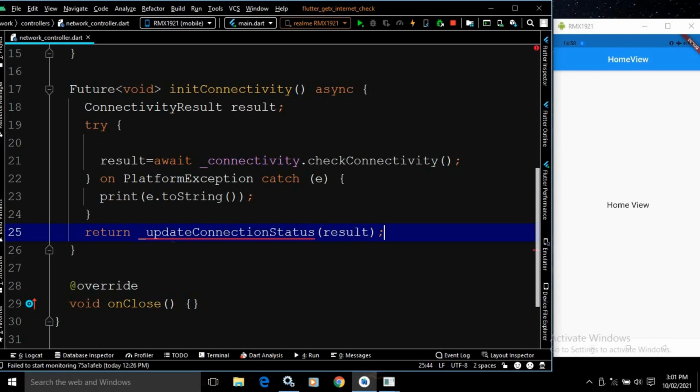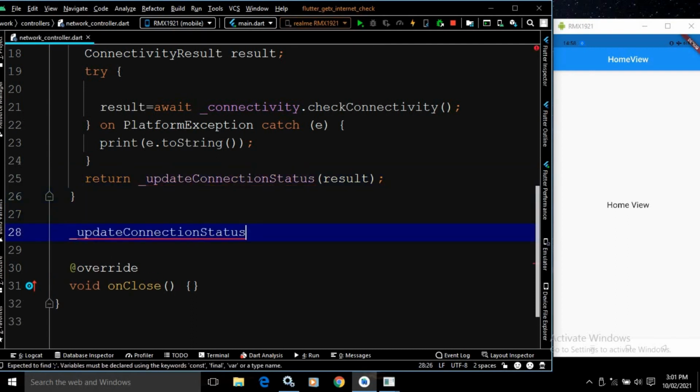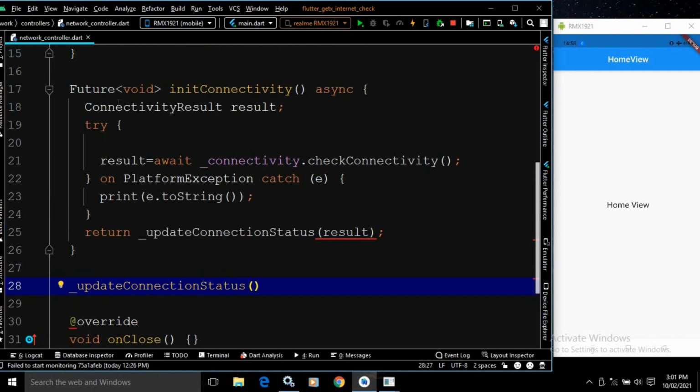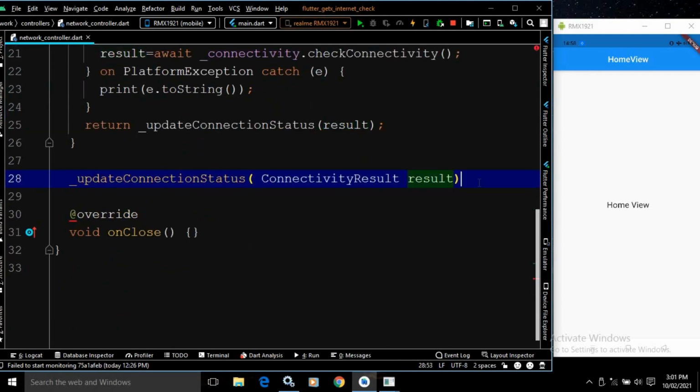Obviously this is a user defined method which I need to create. This method I will create below. Let me copy the name, and here updateConnectionStatus. Now what type of parameter is it taking? It is taking a parameter of type ConnectivityResult. So let me copy this and paste it here.